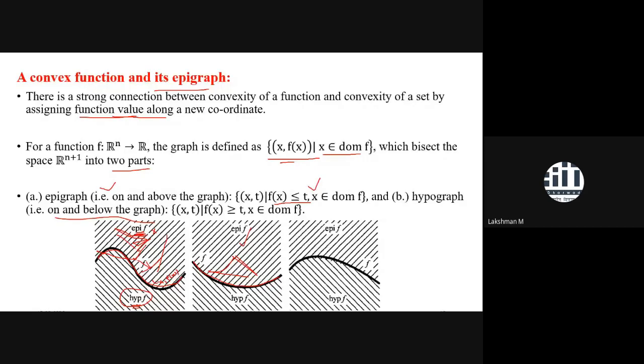Similarly, if you come to a function which has downward curvature, in that segment we observe that it has an epigraph, that means the region on and above the graph. If you take one point here, another point here, what will happen if you draw the line segment between these 2 points? This much of the segment is going into the hypograph. So that's why this one is not a convex function, because our epigraph is not a convex set. So testing convexity of the epigraph is equivalent to testing convexity of a function.